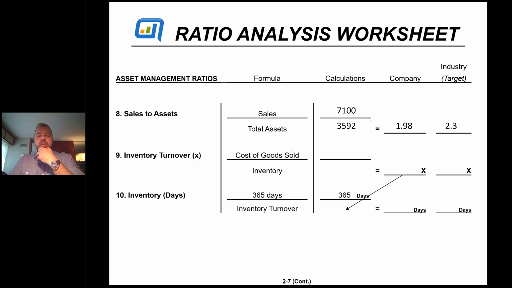When you buy inventory, it sits on your balance sheet as an asset. When you sell the inventory, the asset gets moved off of the balance sheet because it's no longer there and onto the income statement in the form of cost of goods sold. It becomes an expense. If I buy something for $1, I'm going to move it off the balance sheet for $1 and convert that to an expense on the income statement for $1, right? The historical cost of the inventory actually becomes the cost of goods sold.